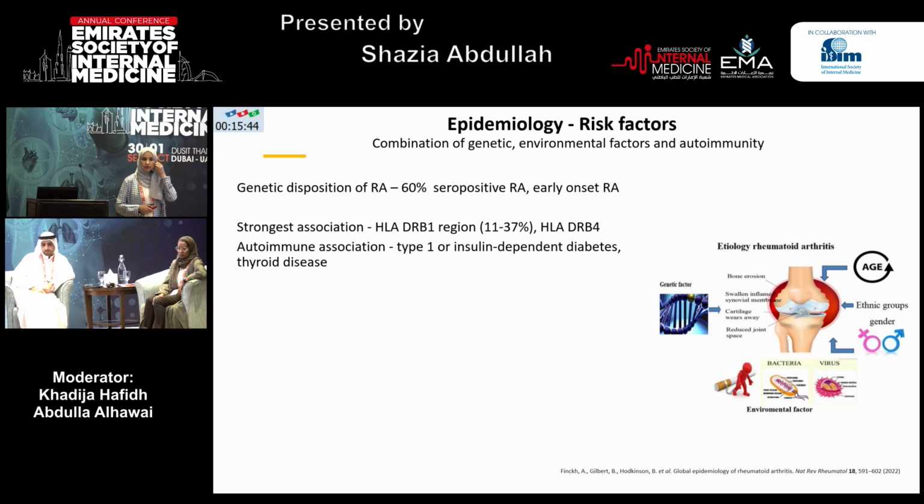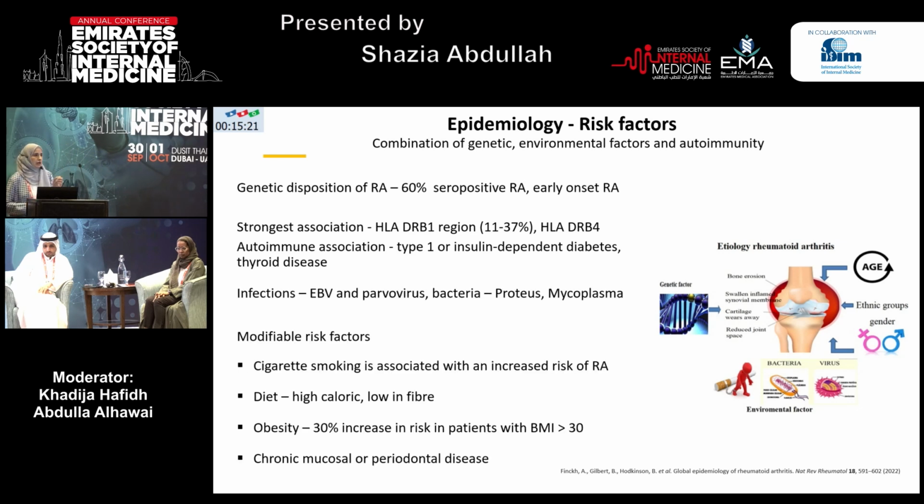And then in a genetically predisposed person, there is something in the environment, whether it's a chemical or an infection or something else, which just triggers the disease in that person. But if that person doesn't meet that environmental trigger, maybe that person will go through his life without even developing the disease. So the question is, if a person comes to you, he's maybe CCP positive, he doesn't have